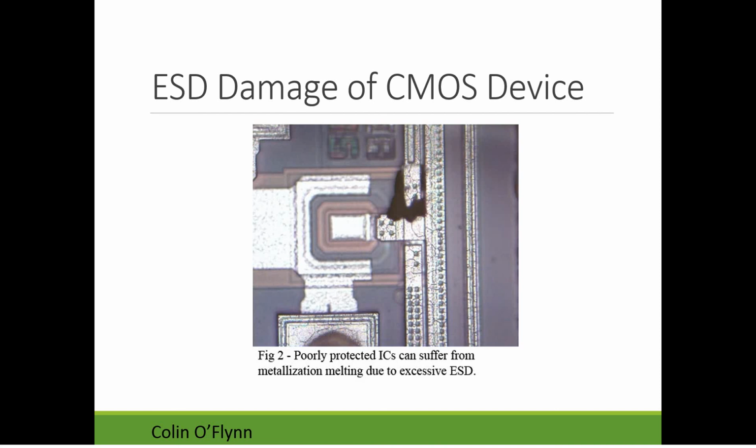Going back to the ESD, so for CMOS devices, it's physically damaging inside the device. So this is a microscopic view of the CMOS device. You can see some of the metal layers here on the chip itself, and there's this big burn mark, hole type thing here. That's from the metal layer actually melting, and the risk is that it can melt together and short out other parts of the chip. And this is all from an ESD discharge.